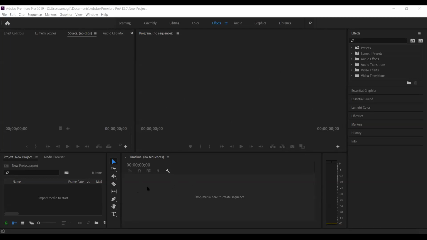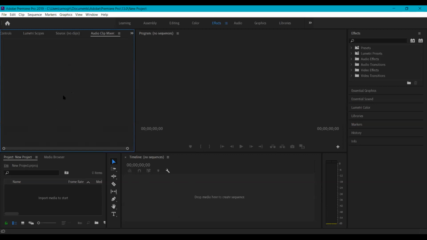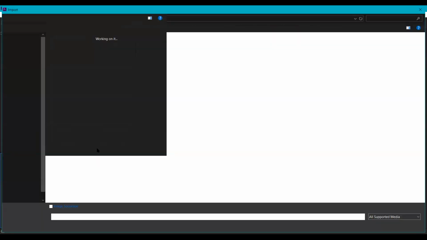This is the timeline or the sequence where you're going to place your videos according to your needs. This is the list which shows what you are going to import, and this is like a browser, whatever is in this project you can browse here. This is the effects tab where you can get all the effects you want to apply to your video to make it look better. So let us import some media to start. I'll show you a small project right now.